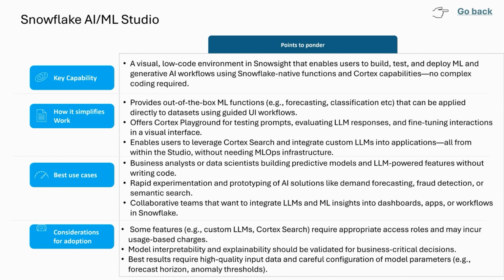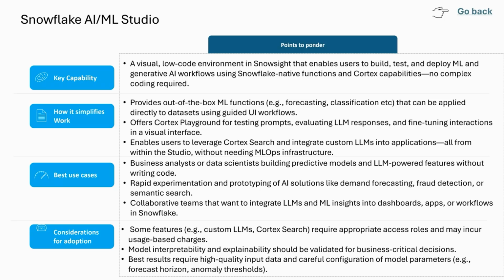In terms of how it simplifies the work for customers, it provides a lot of out of the box functionalities like classification, forecasting, etc., that can be directly applied on data sets sitting within Snowflake.